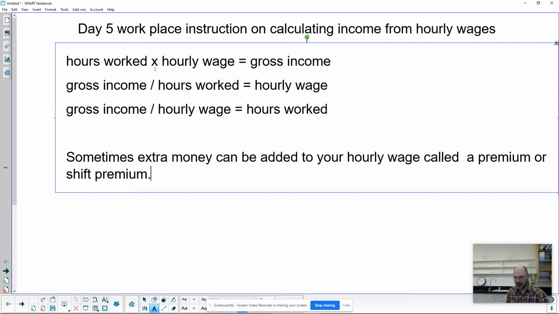For example, if you're making $10 an hour and you get a premium of $2 an hour for working outside and overtime,